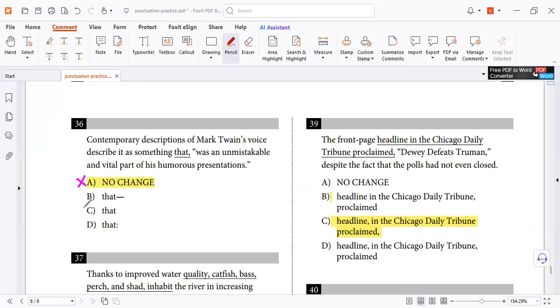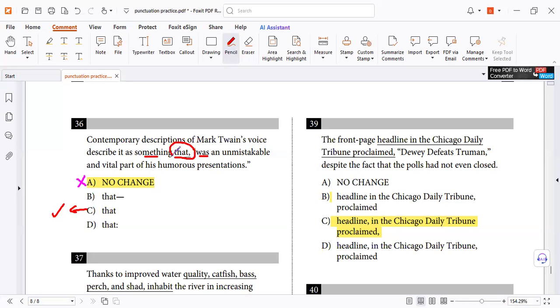We need to know why. Why is it correct? Because it doesn't need a comma or anything before it. Because that here is used as a relative pronoun, describing something that was something that was. As I told you, if that is used as a relative pronoun, we don't need punctuation before or after it, except